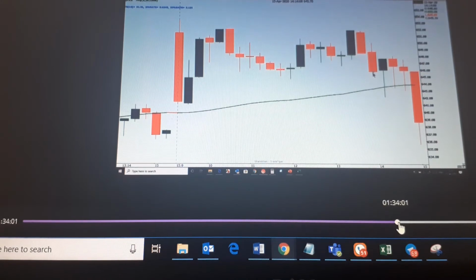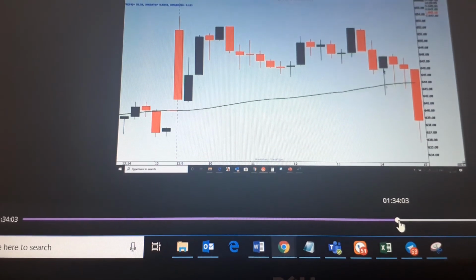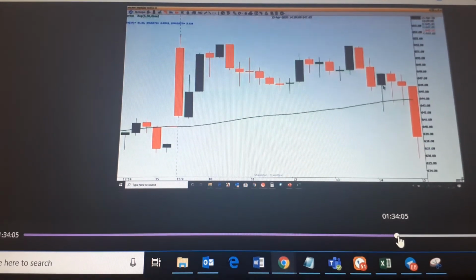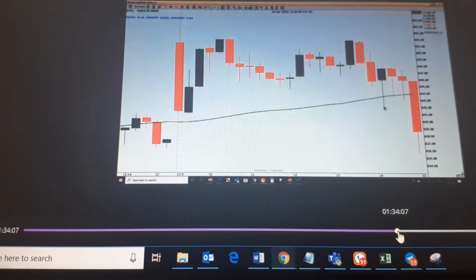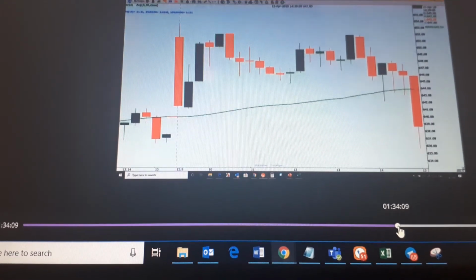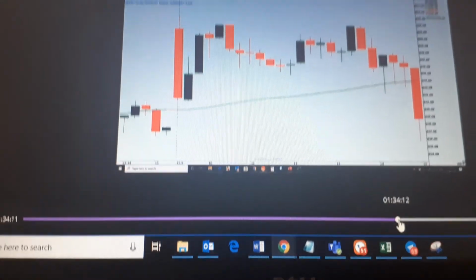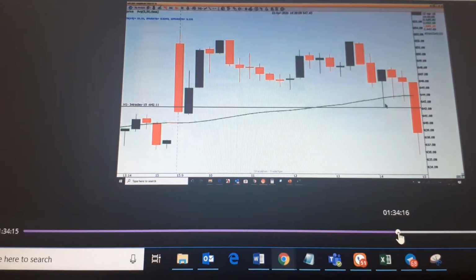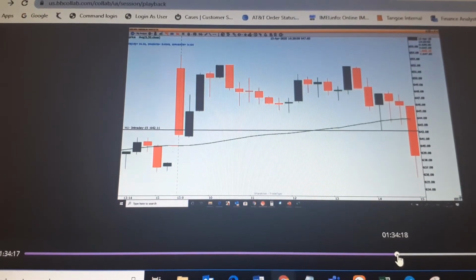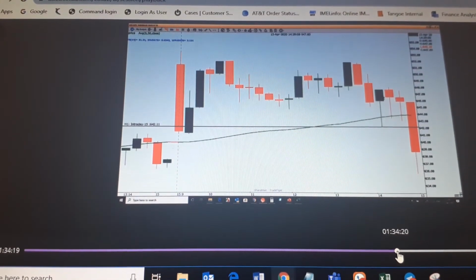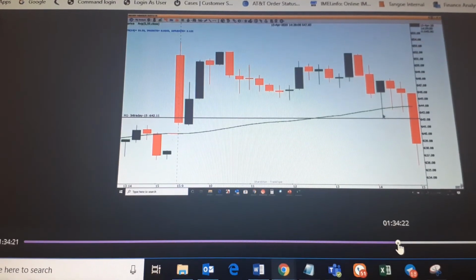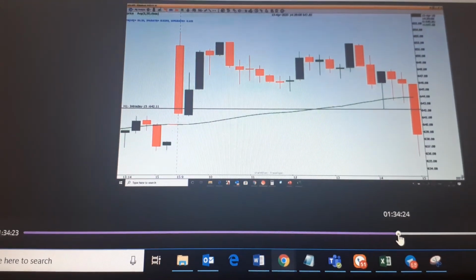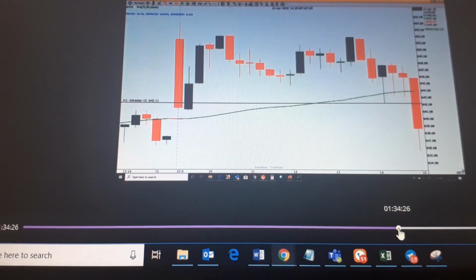Red wick. So if it's a red candle, it's a red wick. If it's a green candle, it's a green wick. That implies that the prices have already gone to this price. The low made by this candle is 642. So this is the low made by this candle. Okay, this is the low made by this candle. So here, at some point of time, this candle might be red, but because again the buyers came into the picture, the buyers took the price up and closed it as a green candle.